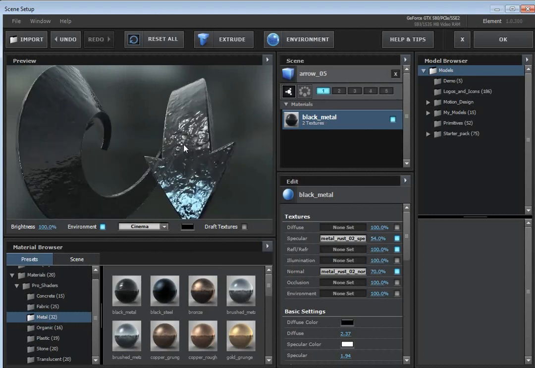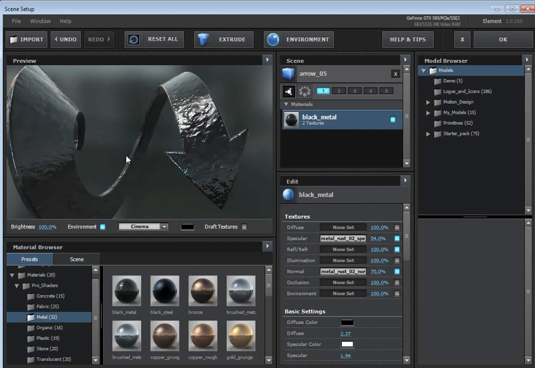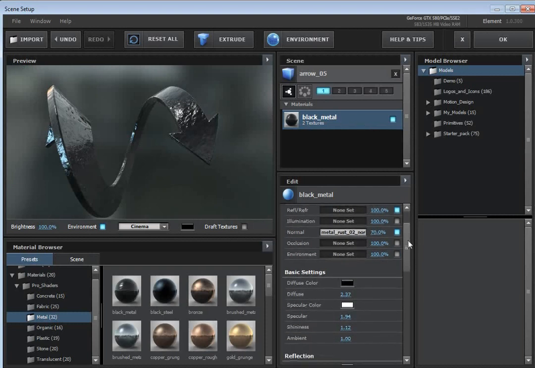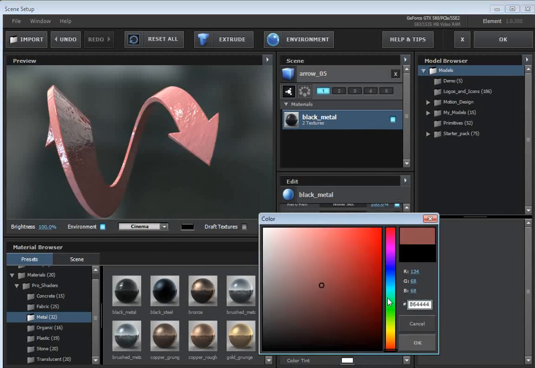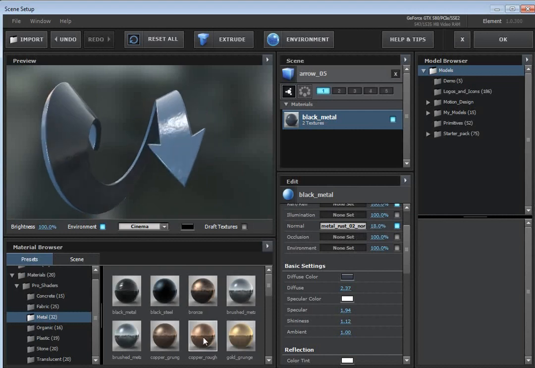So now this one has a really cool kind of bumpy looking surface, and this brings me to another cool thing, the fact that these are all fully editable. Once you add them onto your object, you can go in there and edit all of the settings. So you can change the color. You can play around with the intensity of the bump. You want it to be a little less bumpy, a little more bumpy. There's a lot of